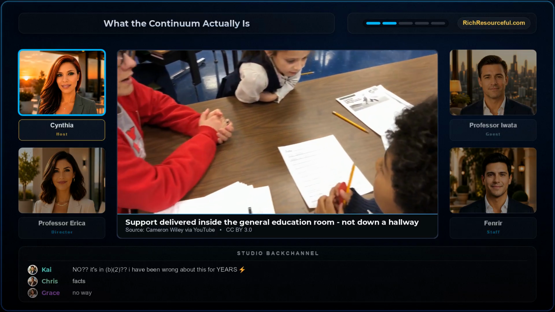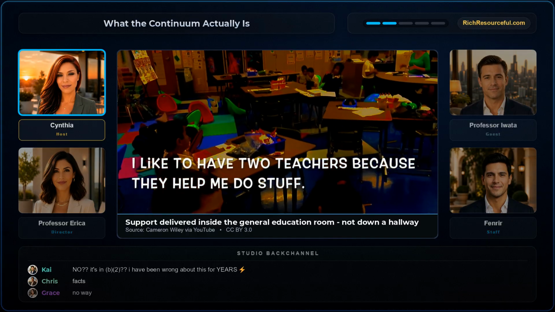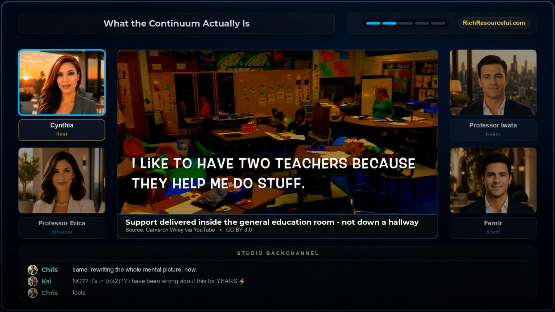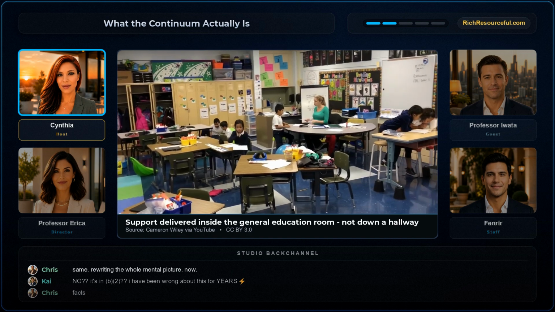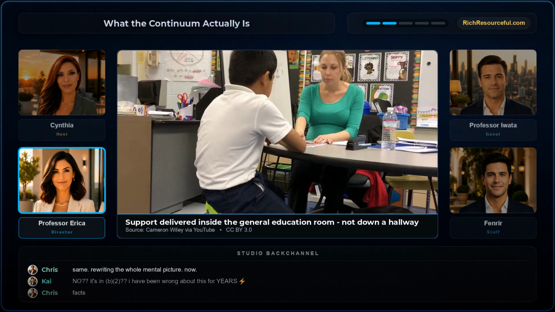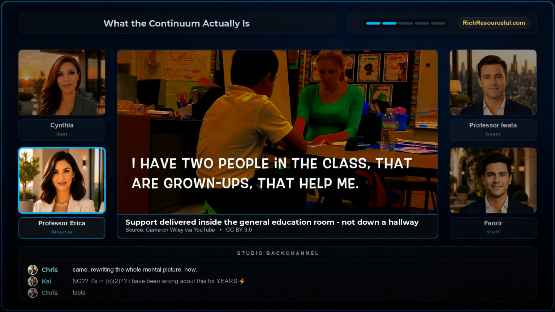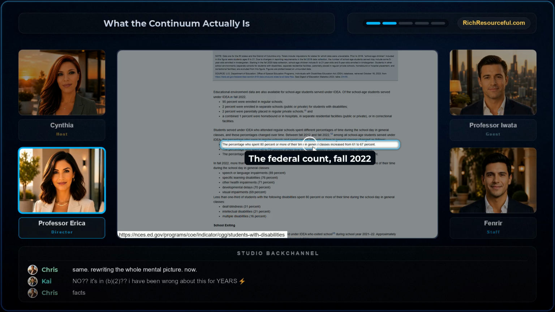You're right that continuum has been used as cover. That's real. So the fear underneath is fair. Say continuum out loud, and does it mean fewer kids in general education? I want to say around 2/3. But I don't trust my memory on a number people will quote back at me. Pull the page. Straight off the federal indicator. Read the whole sentence because the front of it matters.